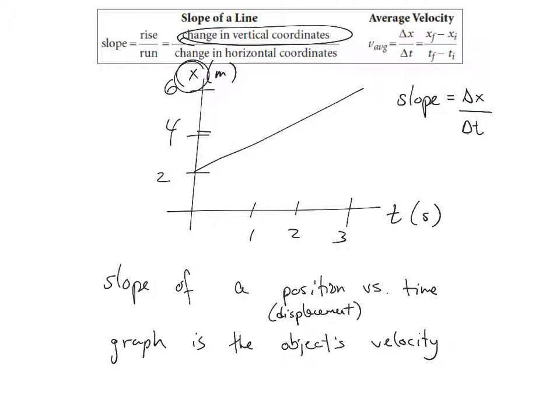It'd be like starting away from the origin and moving toward it. Let me draw it with green. Look at the slope of that line. Is the slope of that negative? That's me standing here at 6 meters away from the origin, and I'm walking toward zero displacement. This is the zero displacement marker. Because I'm losing displacement, losing my positive value, it's like I'm walking in this direction with a negative velocity. Look at the slope of this line. The slope is negative. So the velocity of a diagram like that is negative.